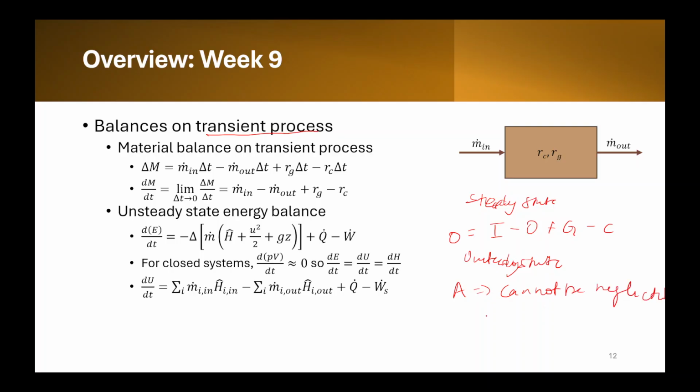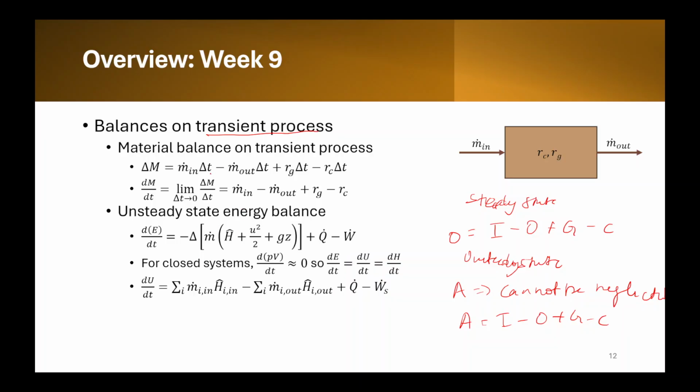So the overall material balance, or the complete material balance equation, needs to be considered here: I minus O plus G minus C is equal to A. And then that material balance equation is given here. So delta M. Suppose this is a system. Some mass is flowing in, some mass is flowing out, some reaction is also going on here. So with some change in time,